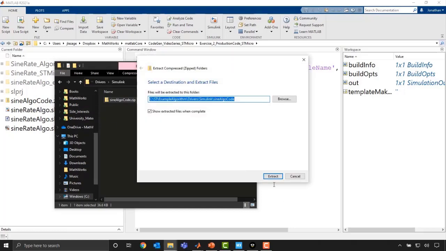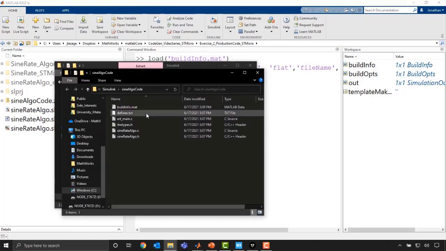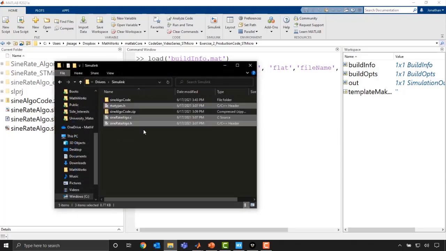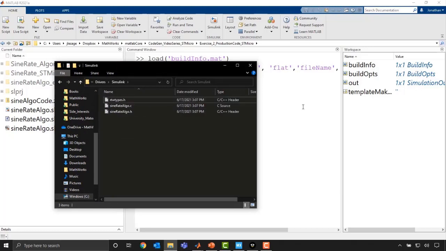Okay. And actually, the main files that I need are going to be the .h headers, and then the algorithm.c. We don't need that example main, and these other files are just for reference. So I'm going to paste these into this folder, and I can go ahead and get rid of those others. So we have these components here. Let's go back to the IDE here.